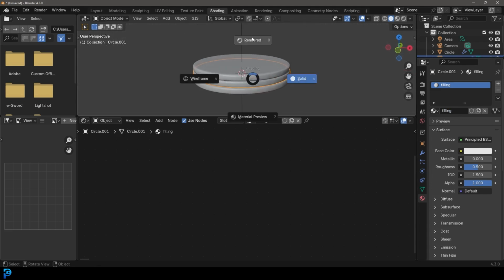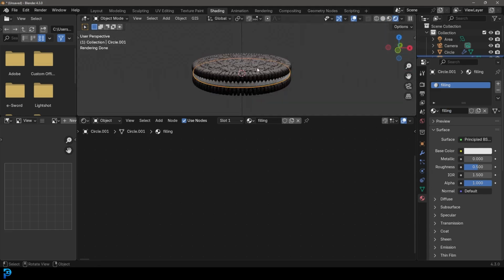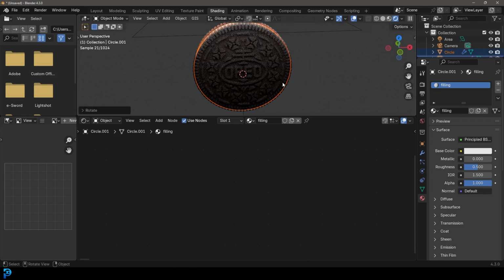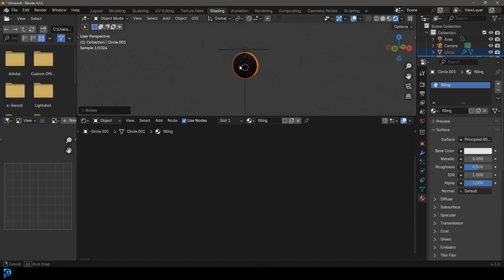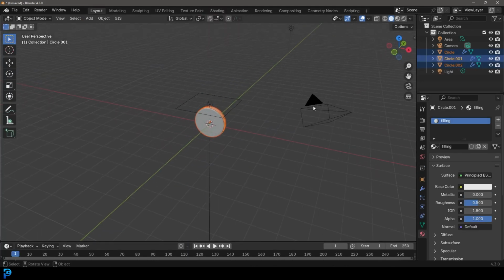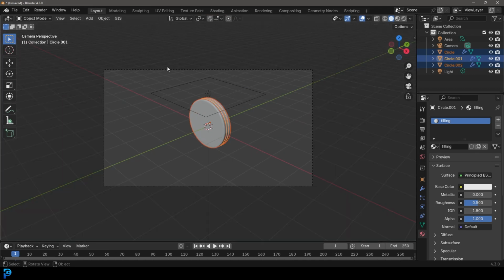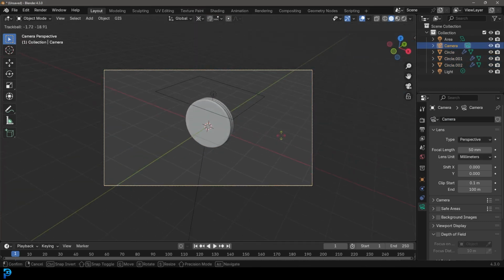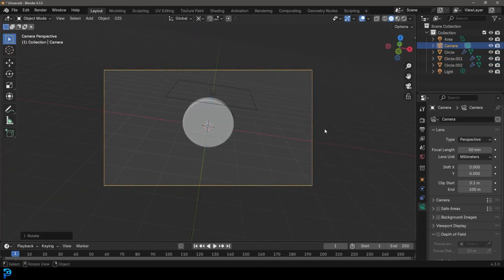Now if we go Z and go render, we can see this is what we have. So let's select these cookies, all the two cookies and the cream in the middle, and let's go R X 90 and hit enter. Let's go into our layout, and with our camera here, we'll press 0 on the number pad. Then select your camera and you can change your transform pivot to 3D cursor. Then you can tap R or double tap R